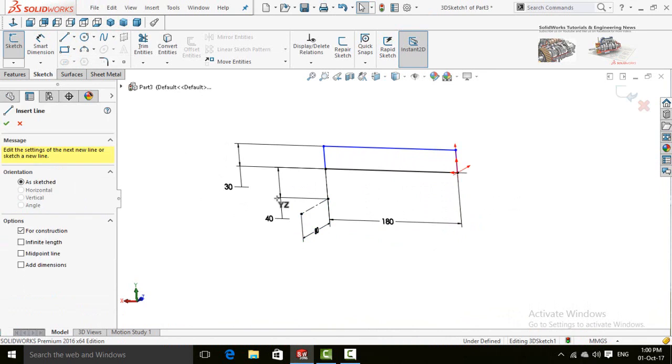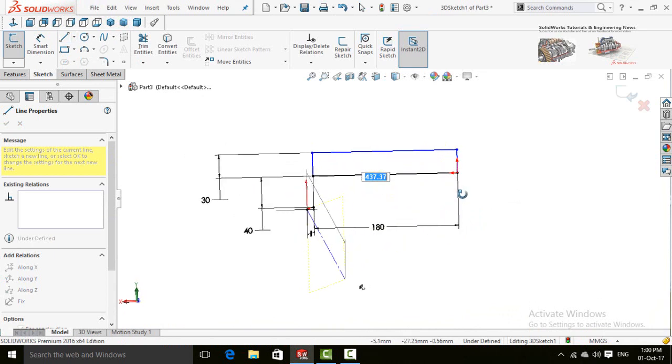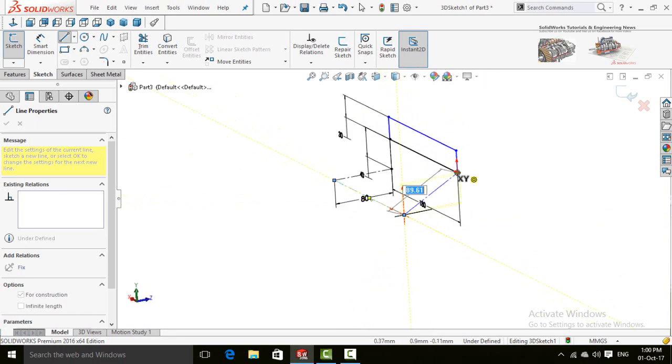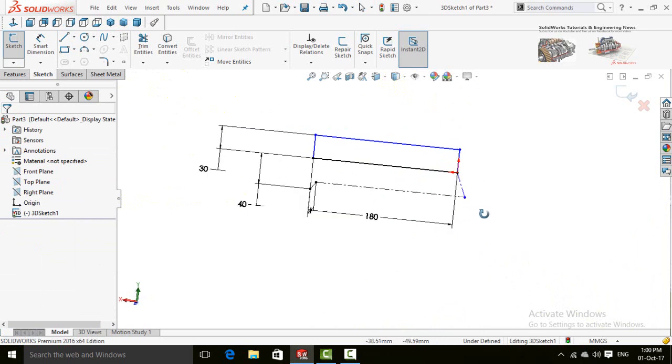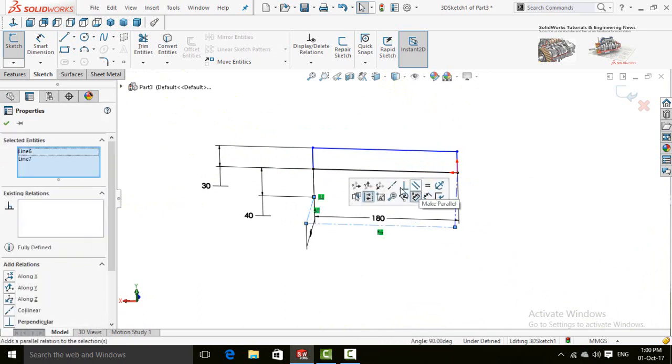Draw one more center line along XY axis and then connect this point. Click on this line and select along x-axis, then make both of these lines perpendicular.